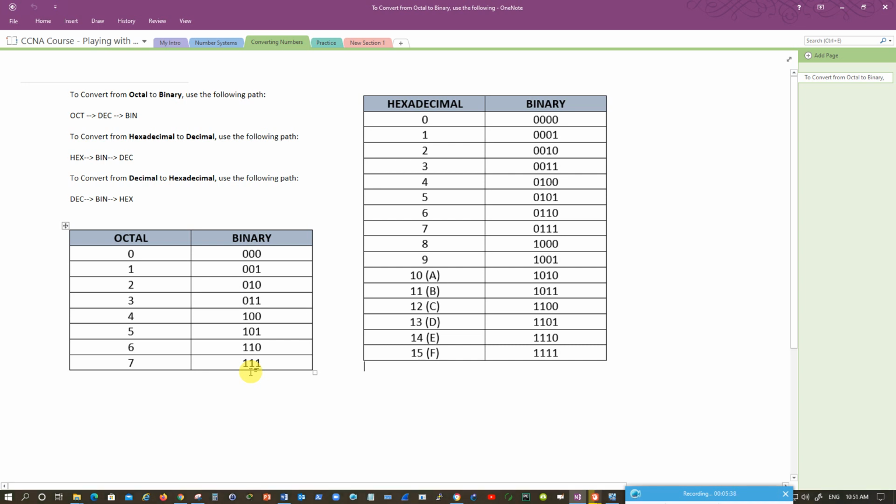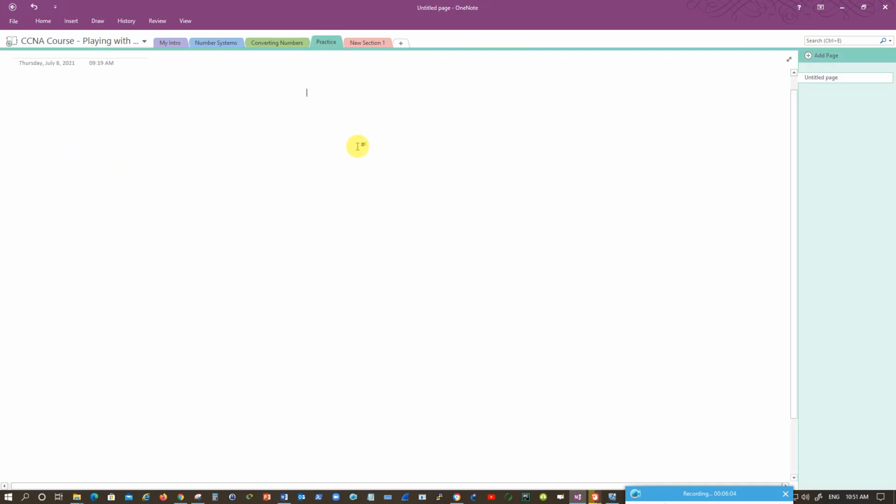There are some exceptions to this. When we try to convert, I'll show you how we can ignore the bits on the left side of the numbers. But in order to represent any octal number, you have to use at least 3 bits. Likewise, in order to express any hexadecimal number, you will use 4 bits. Okay, 4 digits to express it in binary. Coming to the practice for conversion, supposing you have say 224.